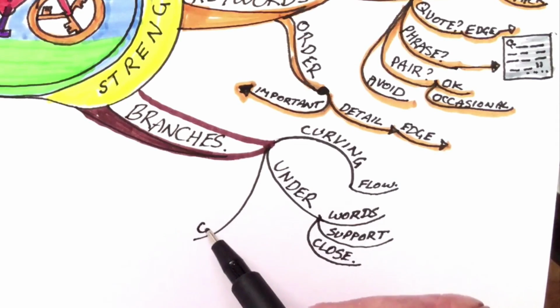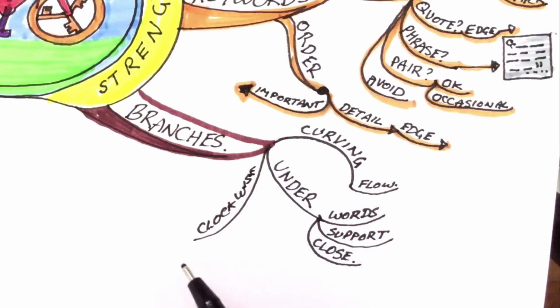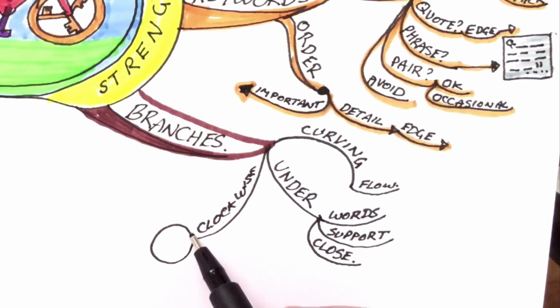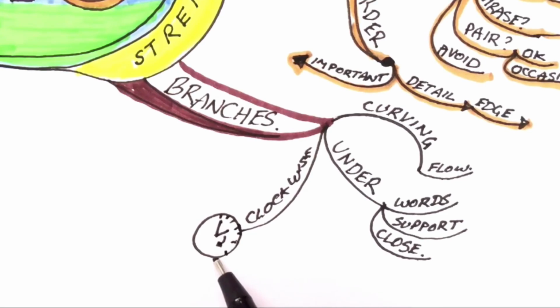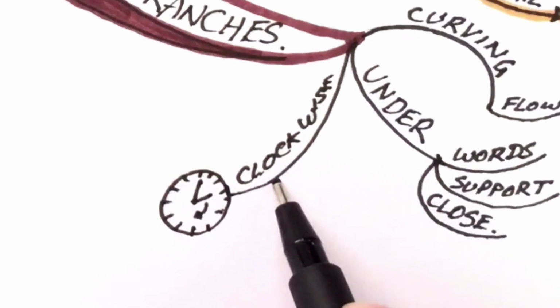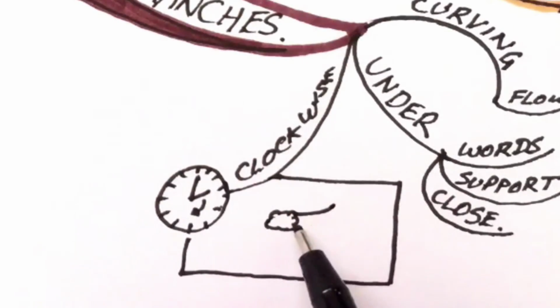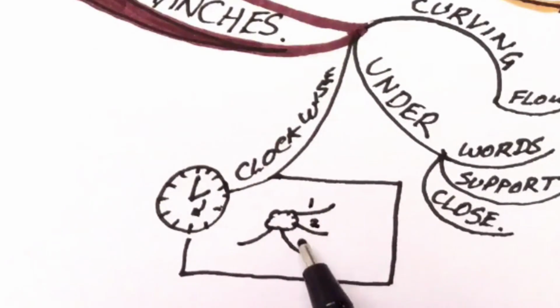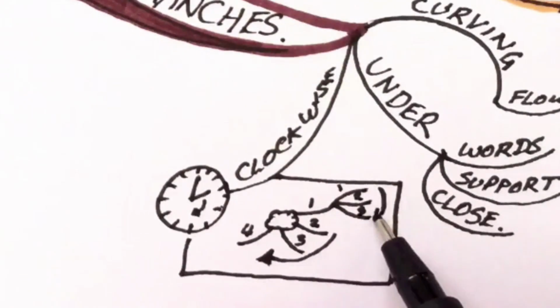We put the branches in clockwise order, like this. And you do the main branches in clockwise order, and then you also do the sub-branches in clockwise order. Even once you get to 9 o'clock, you do it in clockwise order, which can feel a bit counterintuitive at the beginning. Now, if you want to do it a different way, then that's fine as well, but make sure you consistently do it the same way each time.